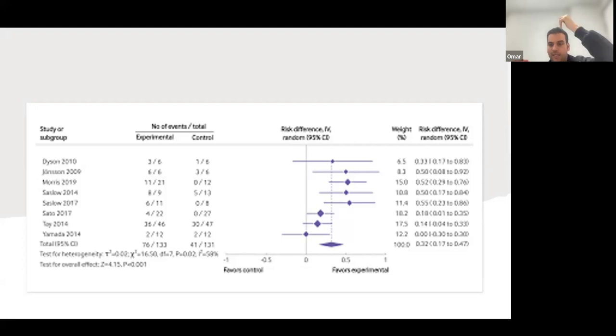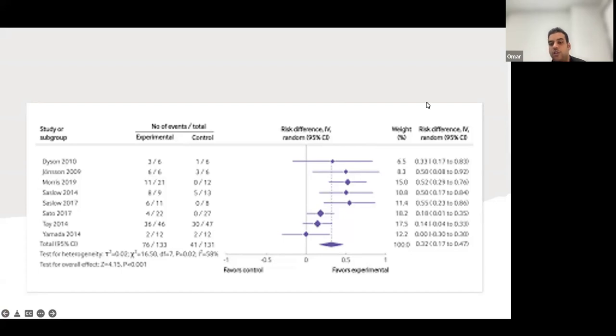Okay? Does that make sense? So heterogeneity is really important. Anything above 50% heterogeneity in a forest plot, it's very hard to interpret. Like you should probably not interpret it. So that's really important. The other thing to look at whenever you're interpreting, and you've said this very well, but